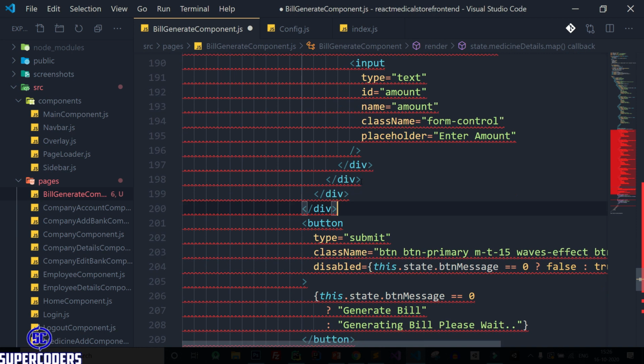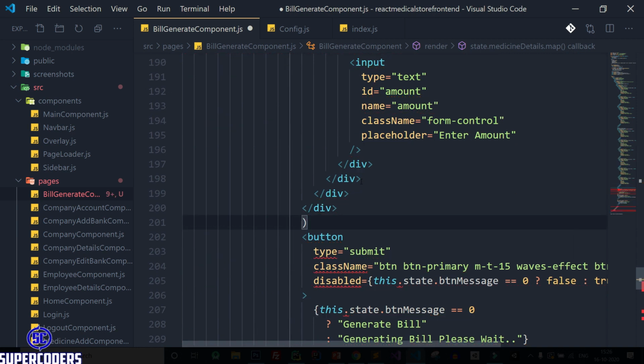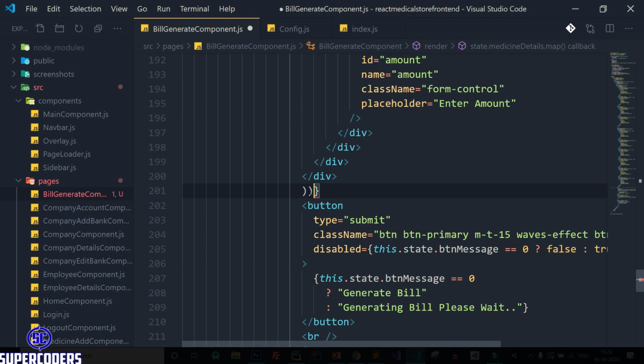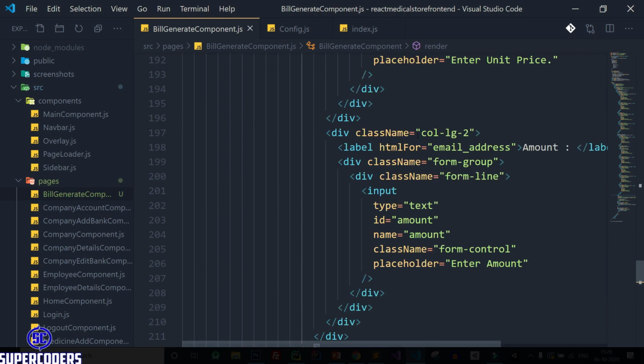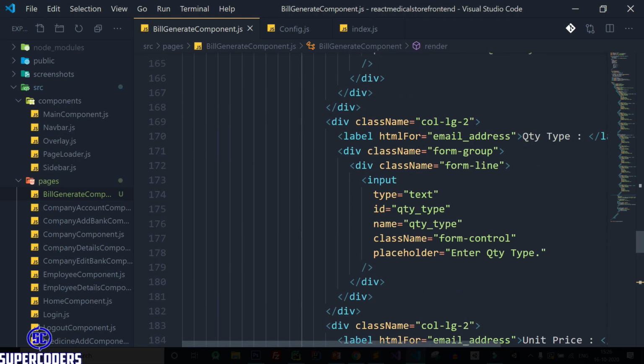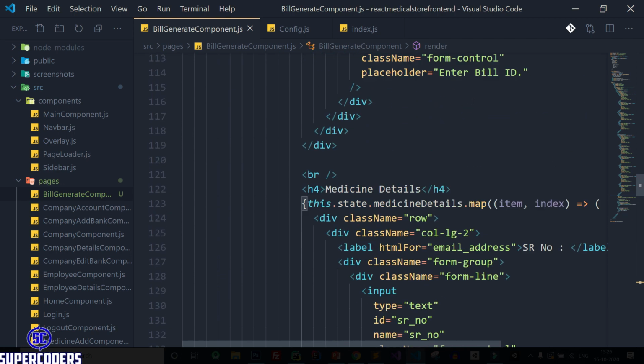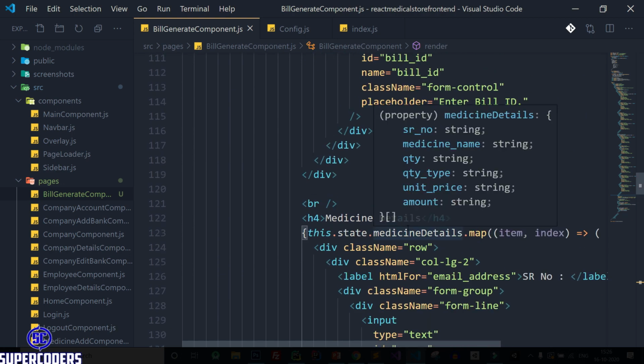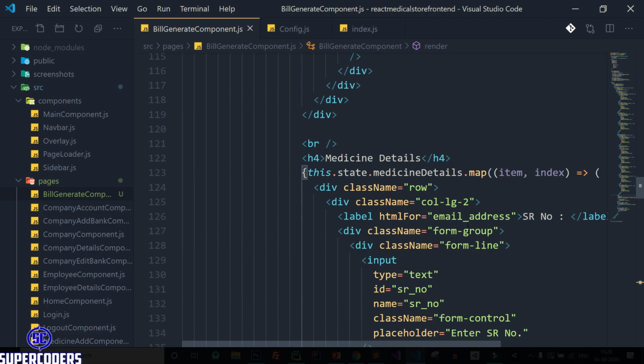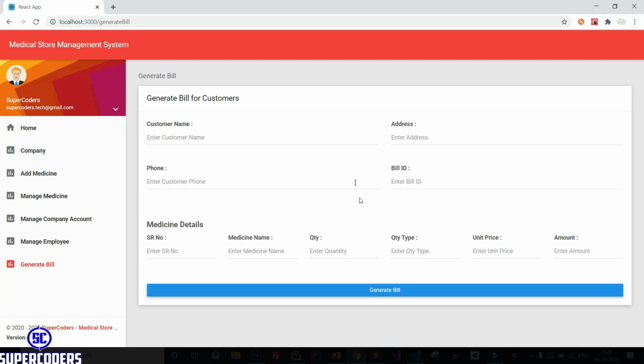And close it here. Close one more time. Now save it, and you can see it is closed inside map function of array. So save it, back to Chrome, and you can see it is looking perfect.